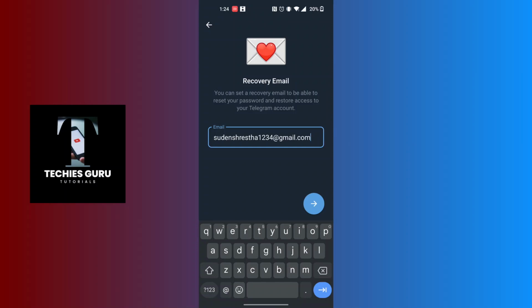And after entering your email address, guys, tap on the blue arrow icon over here, and on the next step a verification code will be sent to you on your email address, and you'll be required to enter that verification code on the next step. So the moment you tap on the blue arrow icon over here, a verification code will be sent to you. Retrieve that code, and on the next step enter that code, and then your recovery email address will be changed